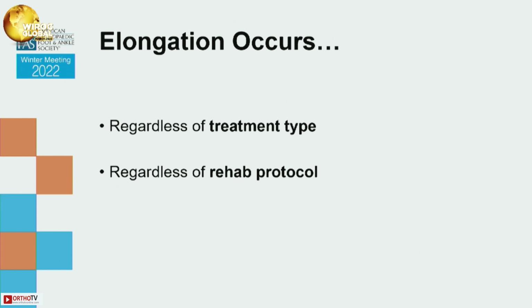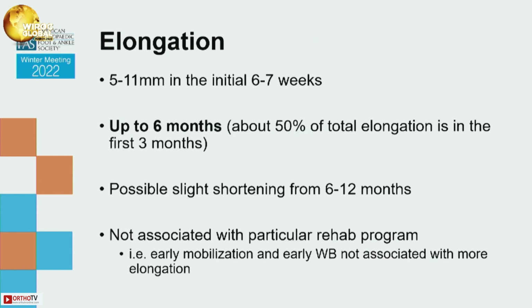And the important thing to know, I'm not here to debate non-operative or operative Achilles tendon treatment, no interest in going there, but elongation of the Achilles tendon does occur regardless of treatment type and regardless of rehab protocol. There have been many studies looking at different early weight bearing, different variations on the protocol, but elongation still happens. And so I mentioned that the previous anatomical study noted about 12 millimeters of elongation. There's some variation in the reports, but 5 to 11 millimeters of that elongation seems to occur in the early 6 to 7 weeks, but it's been established that the Achilles tendon can continue to elongate up to 6 months